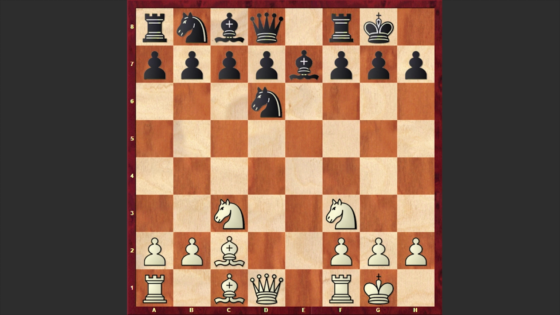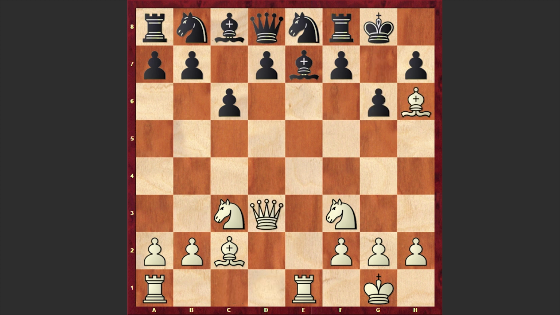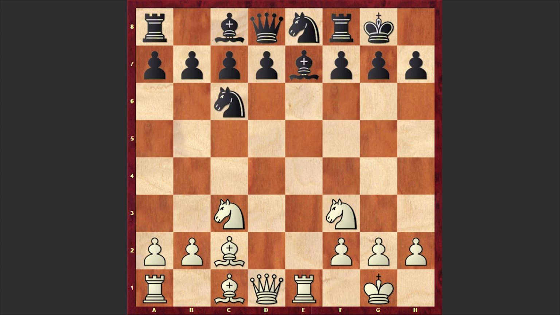Bishop c2 was played. This bishop now will support the queen from behind. Knight e8. Black wants to bring his knight to the f6 square, and also in some cases wants to open up the bishop's diagonal in order to develop it. Rook e1, knight c6. Well, playing c6 and then playing d5 is better. If queen d3, then g6, and if bishop h6, then according to the engine, there's no need to worry. You can play d5 and allow white to win this rook. Solving the development of the queenside pieces is of course more important than this rook, but in our game after rook e1 we have knight c6.